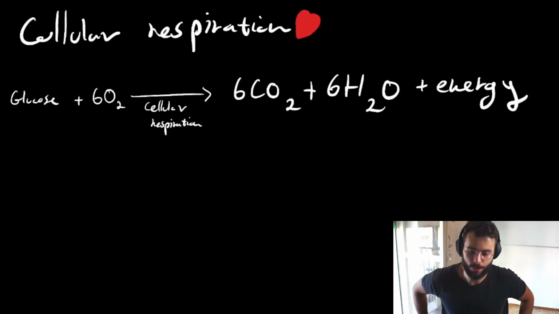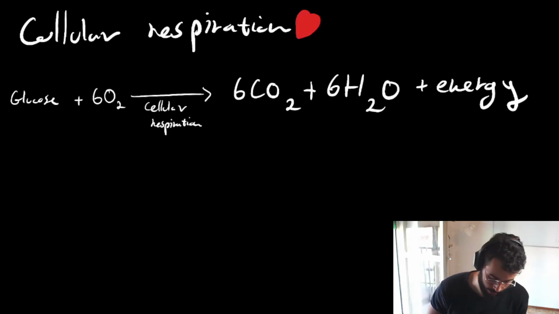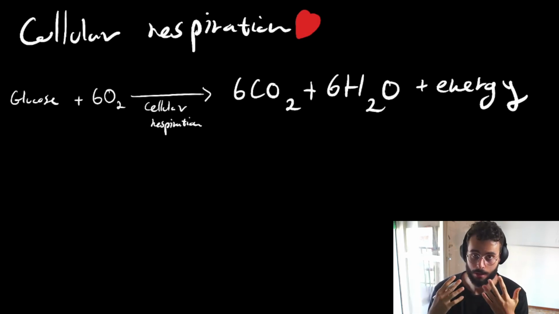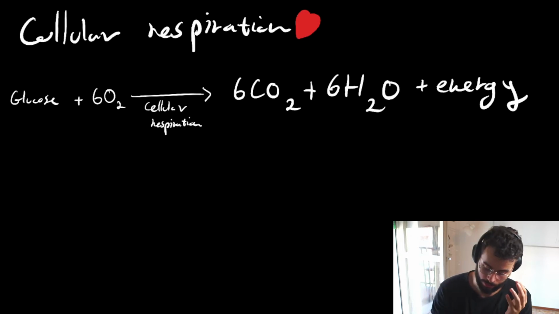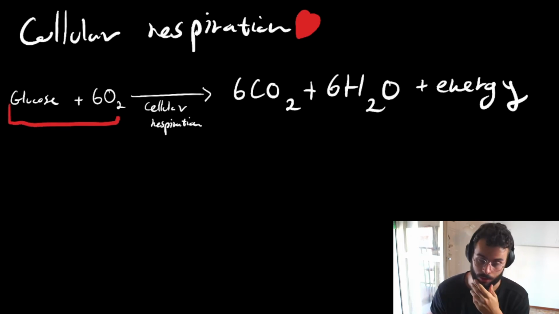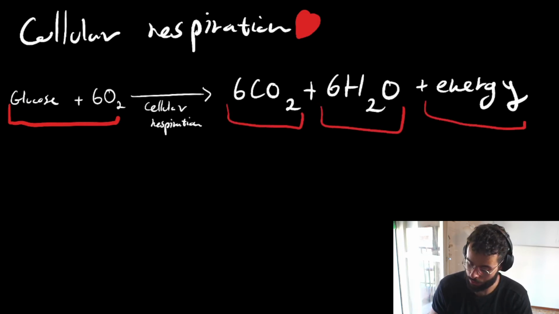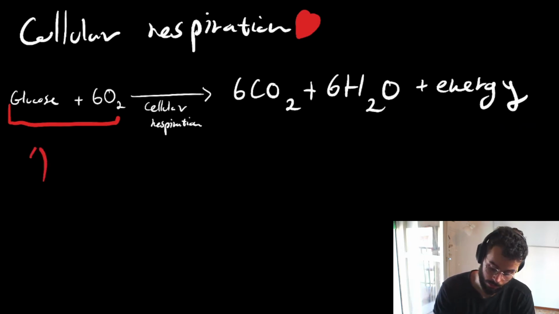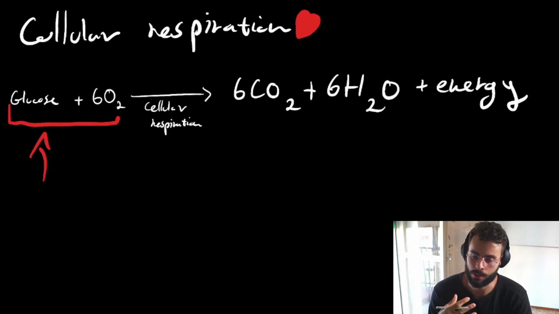Okay, so this video might be a bit longer than usual, but I would like to go through the different steps of a process called cellular respiration. Cellular respiration is where we take glucose and oxygen and we're going to produce carbon dioxide, water, and energy. So we are going to break down this molecule of glucose, which, as you remember, is a 6-carbon ring molecule. We're going to break it down through different processes all the way until we get the products carbon dioxide,